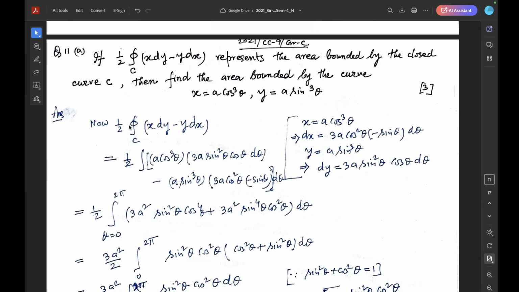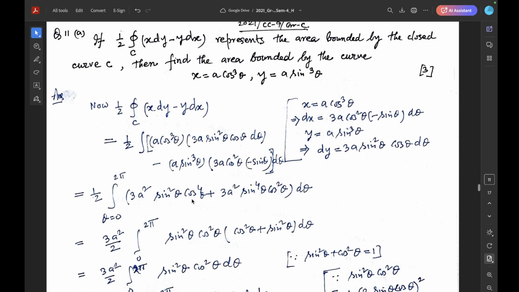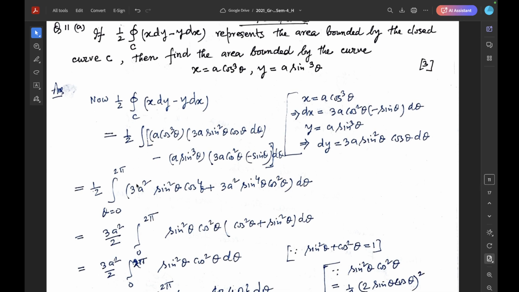Now this half closed integration over C, x dy minus y dx, here x equals a cos cube theta, y equals a sin cube theta, so dx equals this and dy equals this. Putting all these in, x equals a cos cube theta, dy equals 3a sin square theta cos square theta d theta, minus y equals a sin cube theta, and dx equals 3a cos square theta into minus sin theta d theta. So taking common 3a square by 2 sin square theta cos square theta, and the bracket cos square theta plus sin square theta, so this is equal to 1,